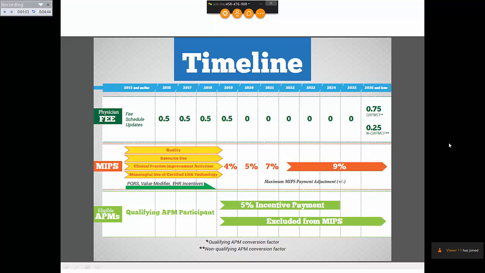And then when you look at 2022 onwards on the timeline slide, this is a long-term goal process for CMS. And the key point from a financial standpoint is budget neutrality just makes this very evident that the poor performers are going to lose money, while people who perform according to what CMS wants them to should see an increase